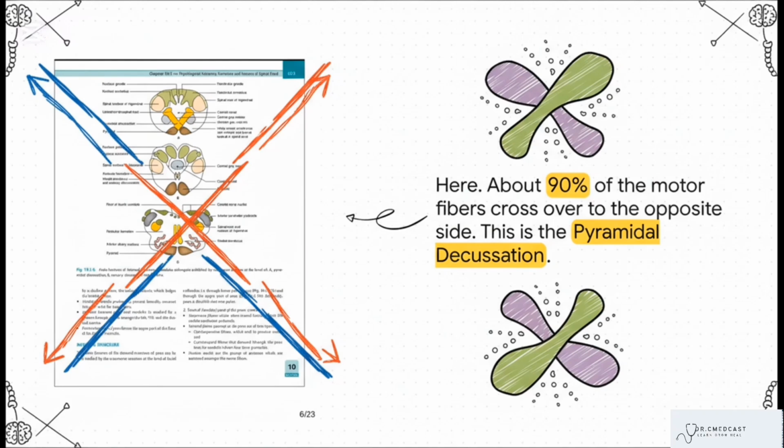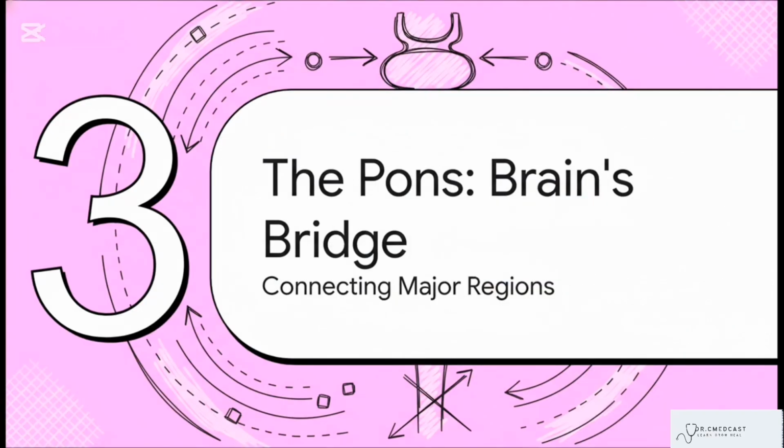This massive crossover event is called the pyramidal decussation. Decussation is just a fancy word for crossing. This is the exact spot where left becomes right. Okay, now that we've seen the Great Crossing and the medulla, let's keep moving just a little bit further up